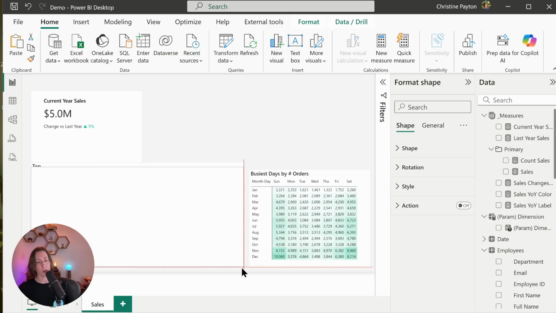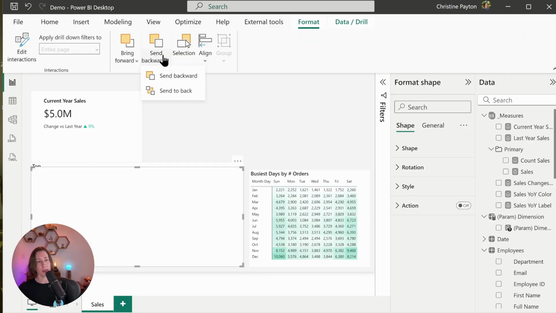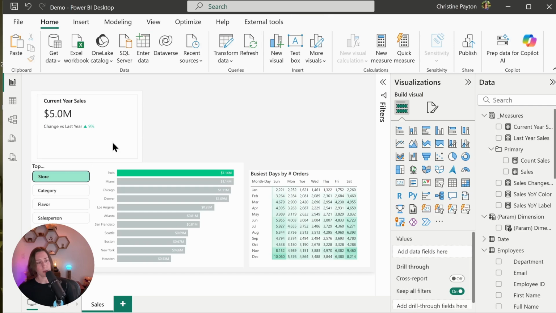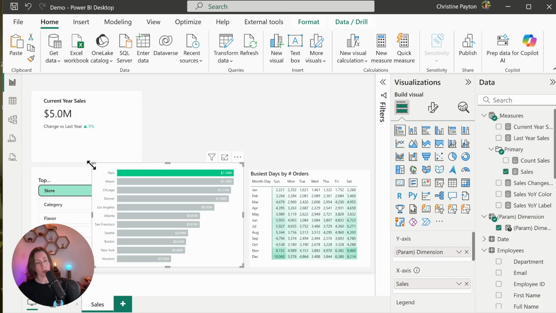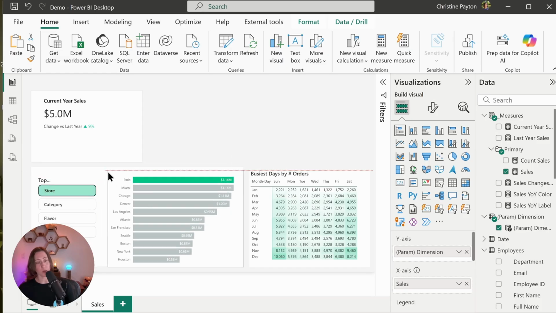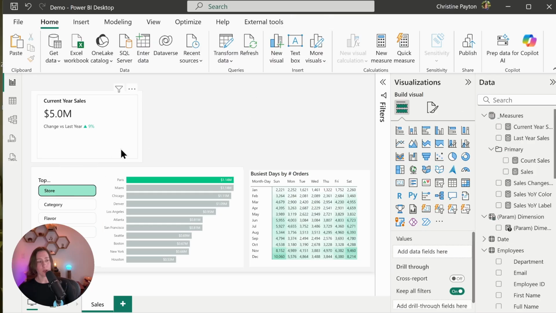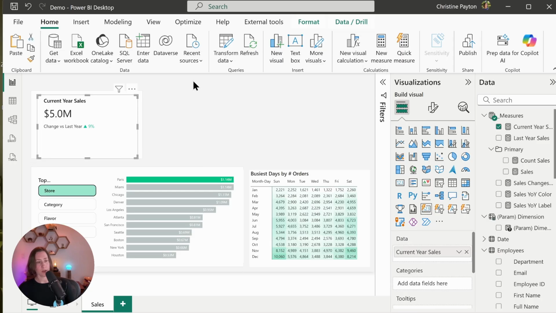So I'm going to have one shape that holds both the slicer and the visual. One of the design rules is that, generally speaking, proximity makes people assume that things should be used together, which is what you want here. You want people to use your slicer with your visual. So if you group them together, people are more likely to do that. If you get things close, you can also use the arrows on your keyboard to nudge them slightly